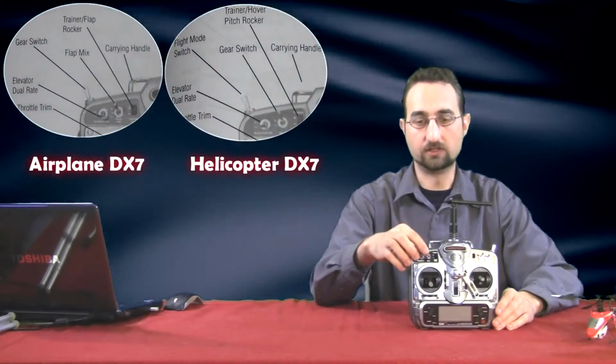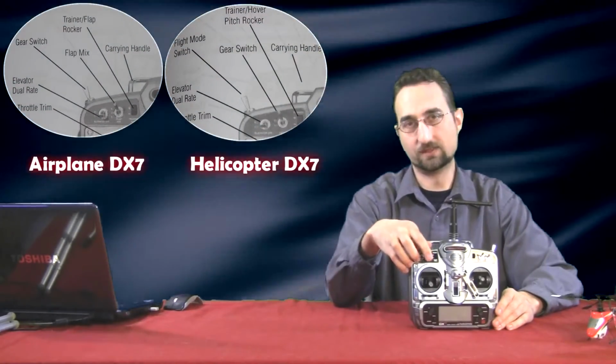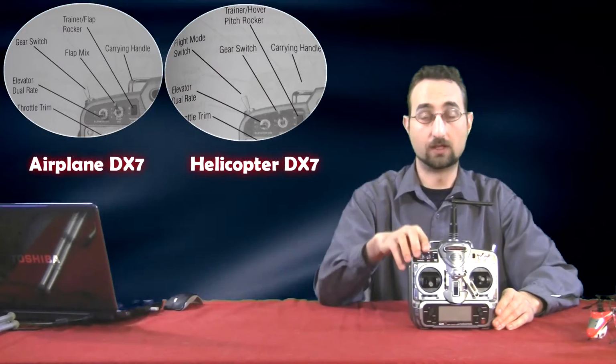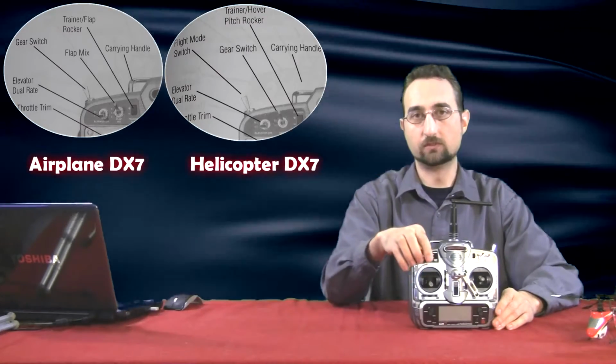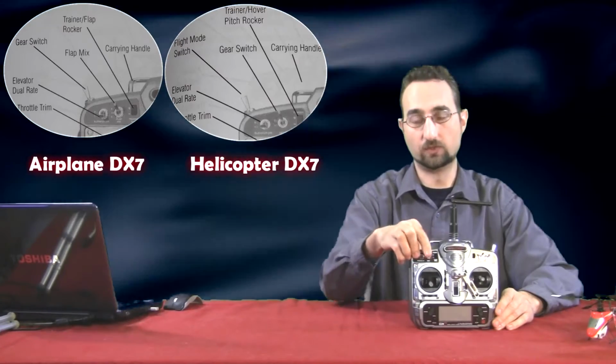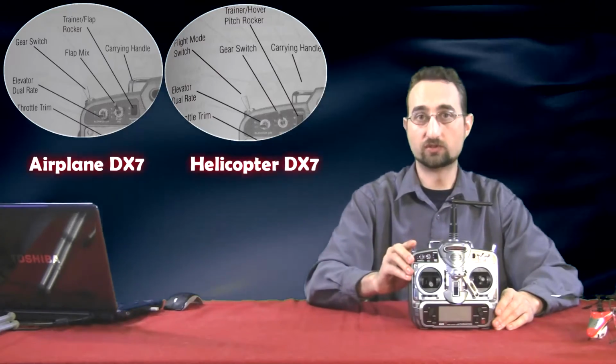Programming your DX7 for dual rate and exponential isn't too far off of the DX6. The biggest differences are the switches. Based on the DX7 model you have, if it's a helicopter and airplane, you may not have the switch that they show on the front of the box or the actual manual. I don't. What that does is basically moves that tri-state flap switch into your stunt mode switch for your helicopter